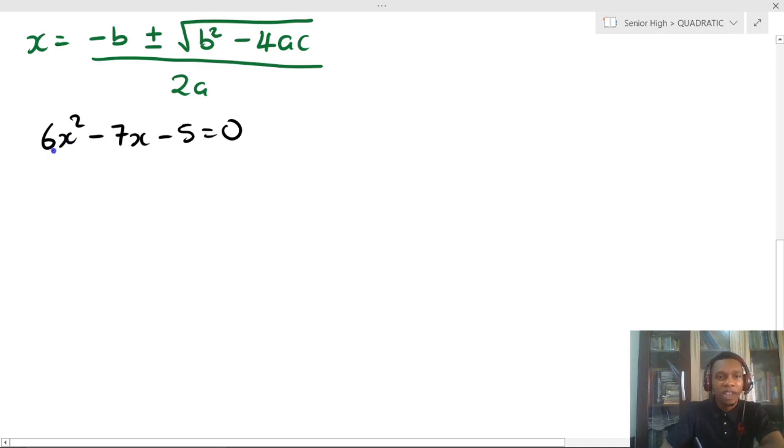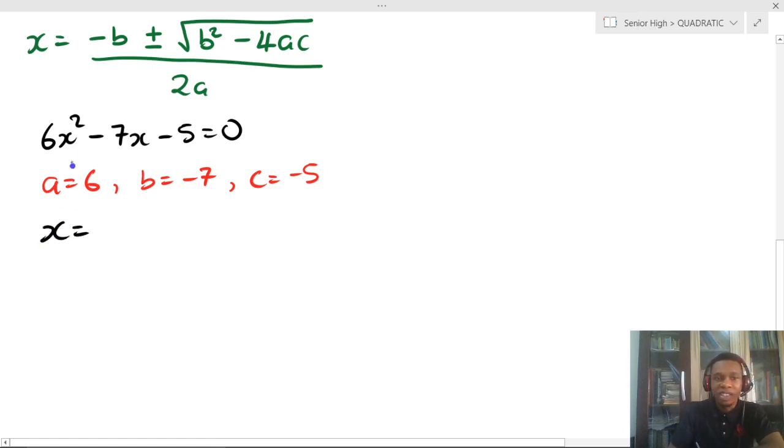Now applying our formula method, remember what our values are. Our a is what? Our a is 6. Let me use a different color to do that. Our a is 6, our b is what? Minus 7, and our c is what? Minus 5, right? So now applying that, we have x is equal to,